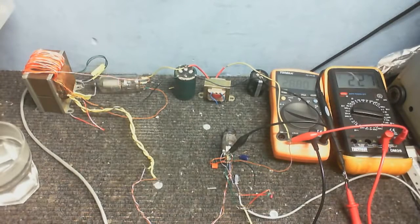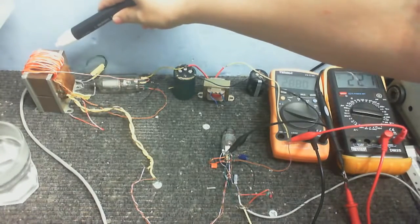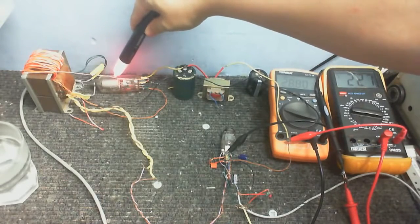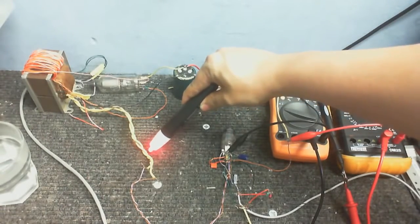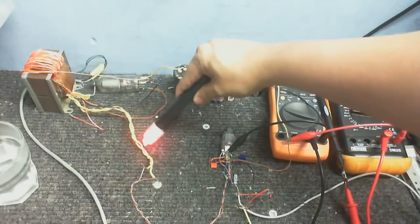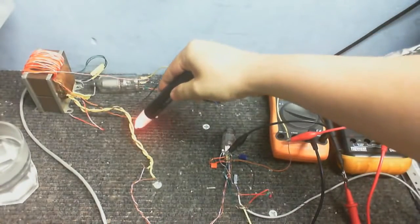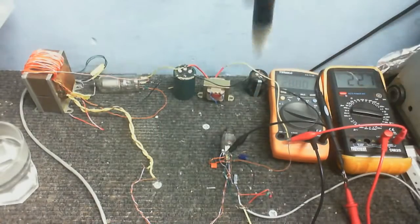So anyway, I'm just going to take you through a little run through of the thing. It is working really, really well. I'm actually quite surprised at how well this works. So anyway, we got this ancient 1960s transformer providing not only the 3.3 volts for this valve's filament, it's also providing the 6. Okay, that's a bit weird. This should not light up at 6.3 volts. But anyway, like I was saying, so that 6.3 volts is going and powering the filaments on this valve,